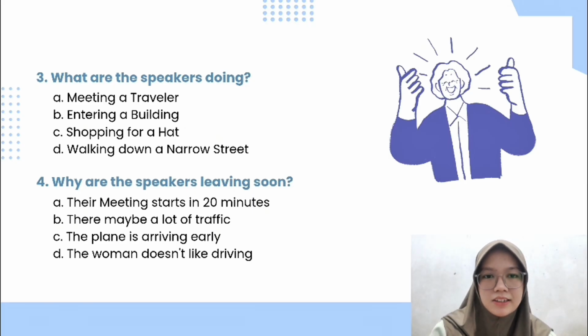Okay, now let's think. Yes, the answer is A. Why? Because the speakers are talking about meeting someone who is traveling. Throughout the conversation, the focus stays on meeting that traveler, not on small actions or specific details. That's why the best answer is meeting a traveler, because this choice summarizes what the entire conversation is about, not just one small part of it.